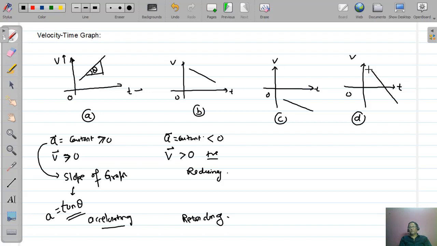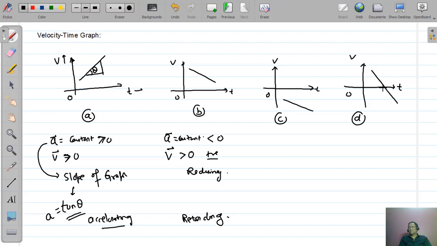It means velocity is reducing in the first half and then increasing in the second half. That is the upper part and lower part. In quadrant 1, it is decreasing. Velocity is decreasing because velocity is in plus x direction while the acceleration is in negative x direction. In quadrant 4,